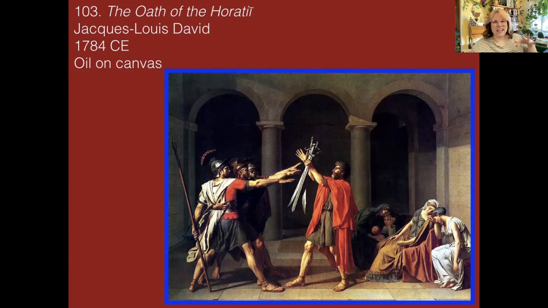Then they say, okay, well, you can each pick your best warrior. And then for whatever reason, they say, actually, pick your best 3 warriors. And so Rome picks 3 brothers from the Horatius family. You don't need to know this specifically, but Alba Longa also picks 3 brothers, from the Curiatius family, so they're the Curiati. So these 6 men are going to battle it out.